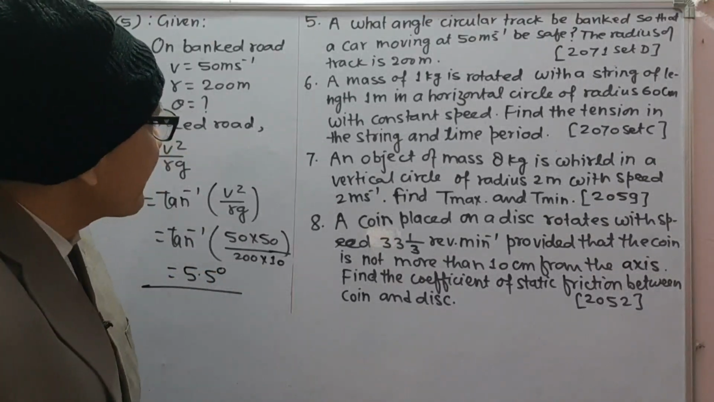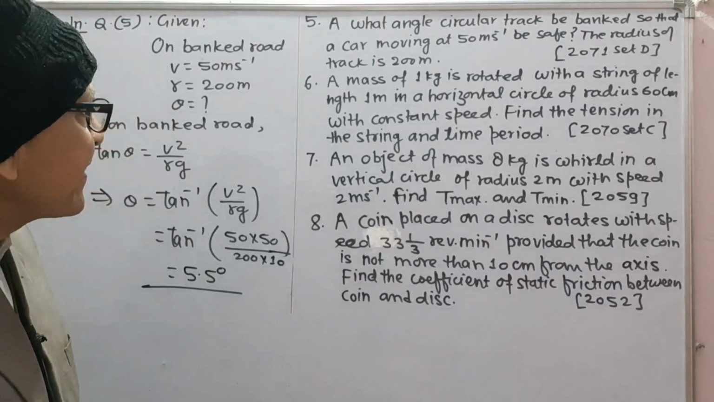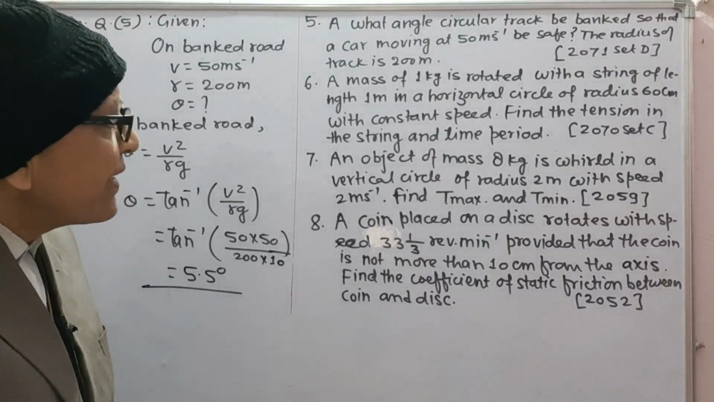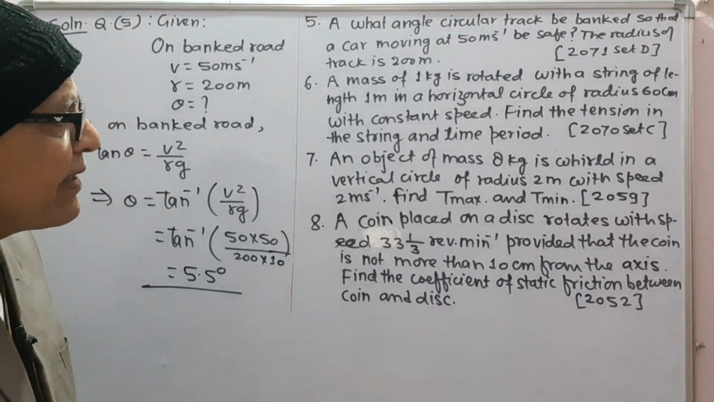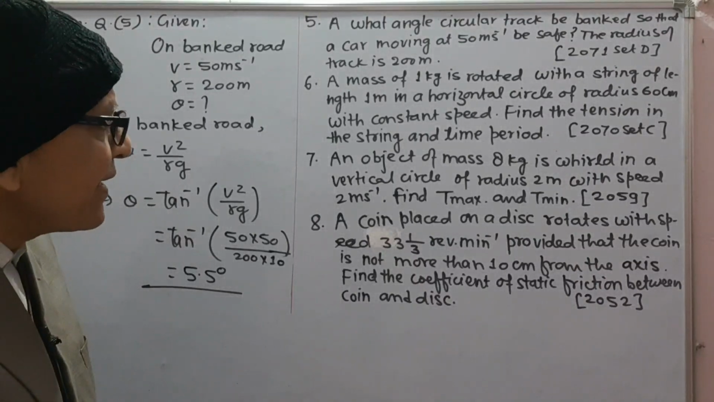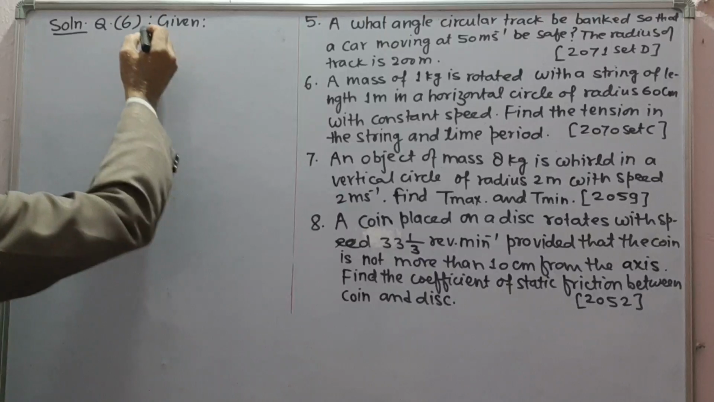Next question number 6. A mass of 1 kg is rotated with a string of length 1 meter in a horizontal circle of radius 60 cm with constant speed. Find the tension in the string and time period. Solution to question number 6. Here given